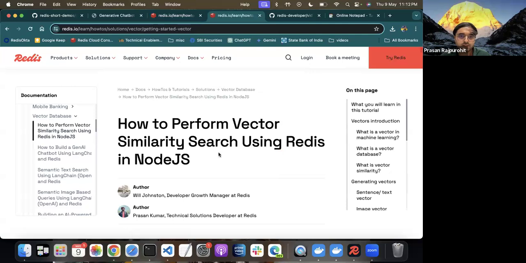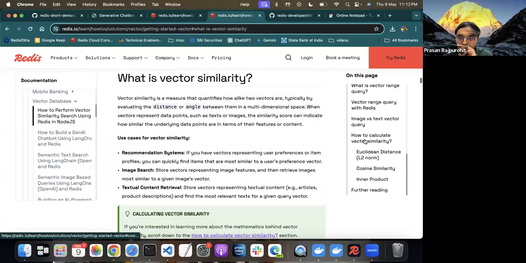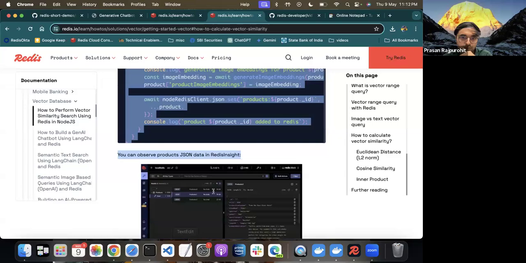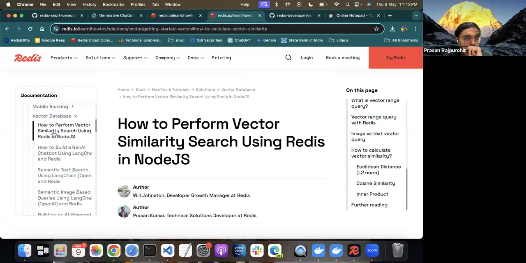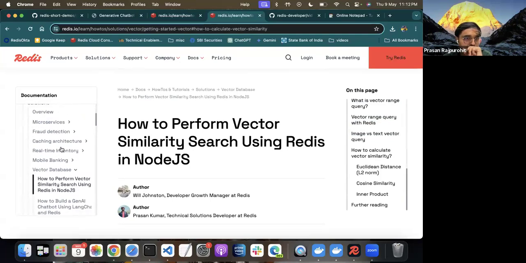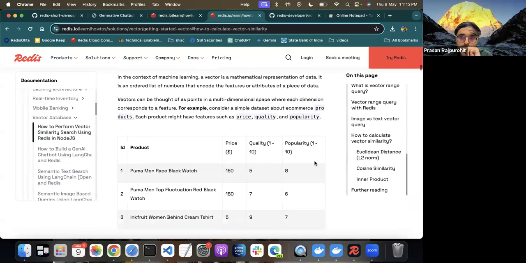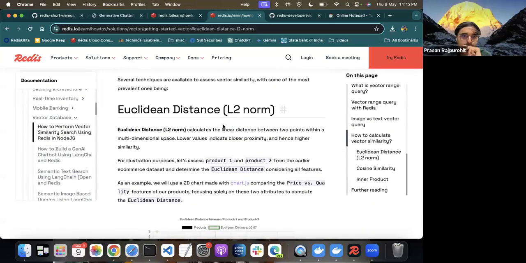Yeah, this tutorial actually. So perform basic similarity search without using LangChain. Whenever you want to learn this vector related stuff, you can learn raw actually. So at that time, you will learn more about these algorithms and all. So here in this tutorial at last, you can see this tutorial is written by us only. So me and Will have written it. So all these tutorials related to vectors or in solutions, almost all are written by both of us. So here you can see more about this particular